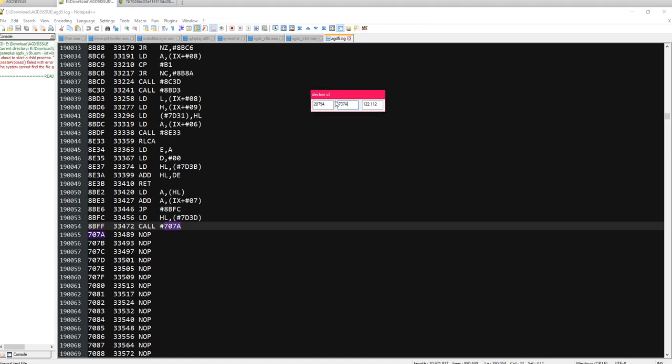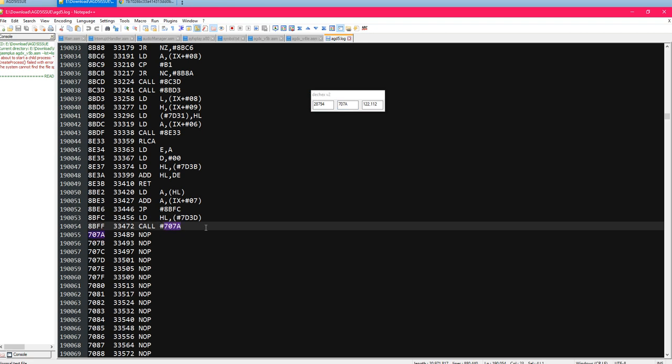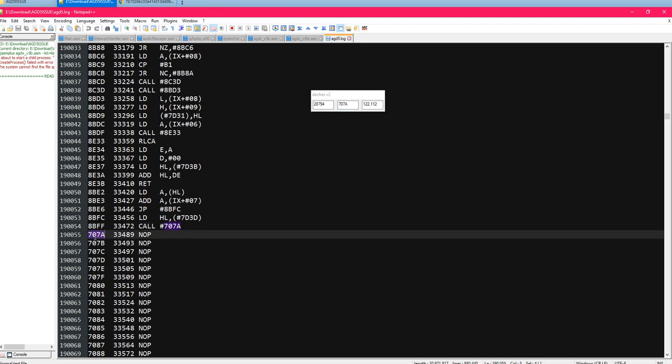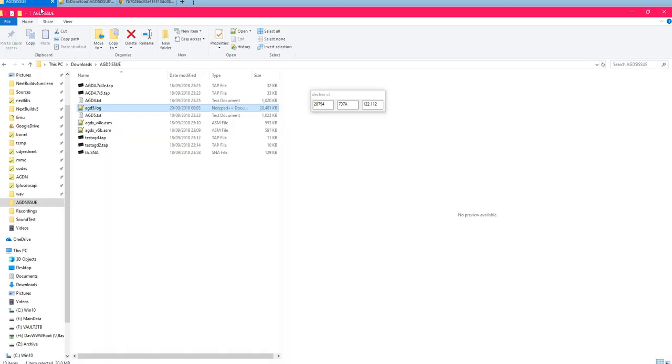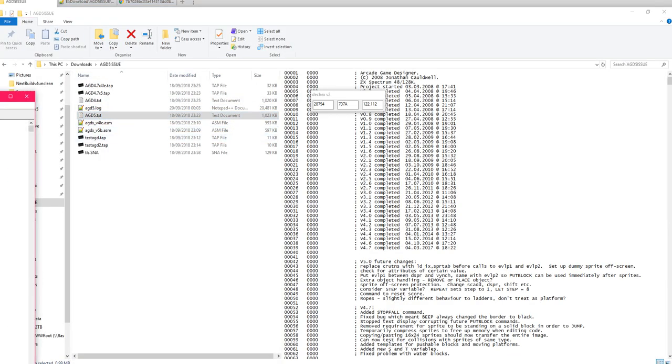707A, and if we put that in there, 707A is 28794, and I know that, like I say, AGD games generally start off higher than that. So something in the game code is calling an instruction that doesn't exist. So why could that be? So what we'll do is we'll launch and have a look at the